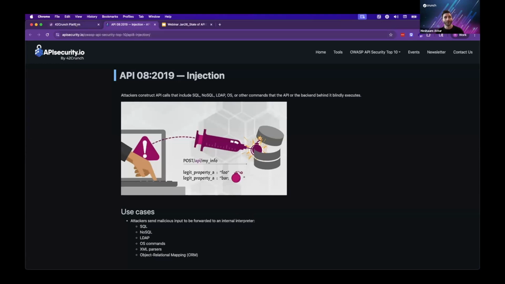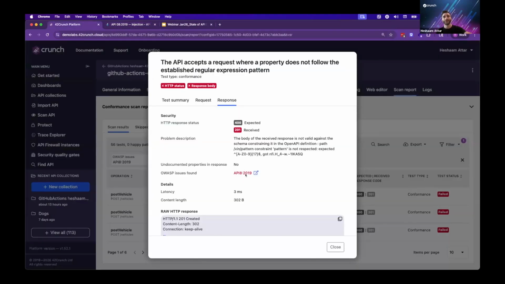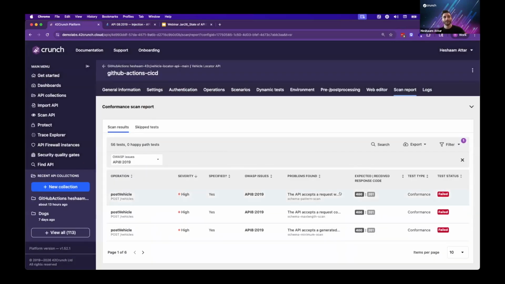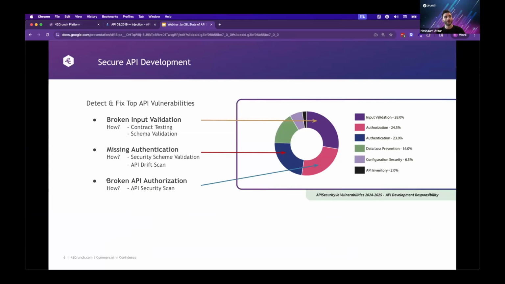So this style of testing, again, is centered around that OpenAPI contract in order to gain the context of the API to properly send these types of tests. So we can obviously detect those input validation requests. What I also want to show you here is how we detect the broken API authorization requests as well, right? So that's that third category, which has to do with authorization,